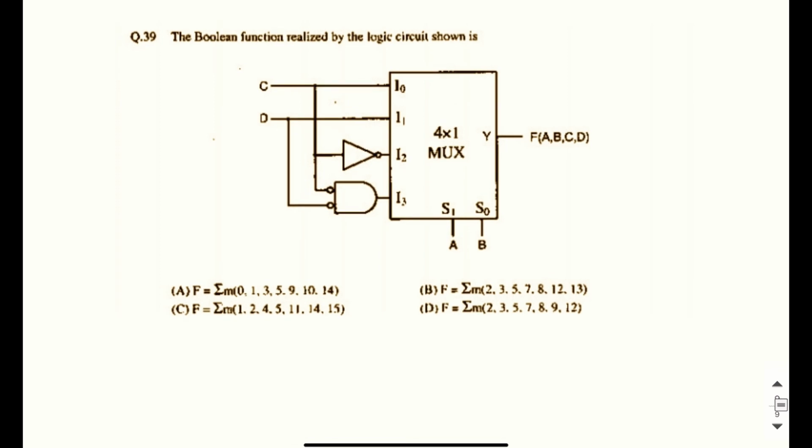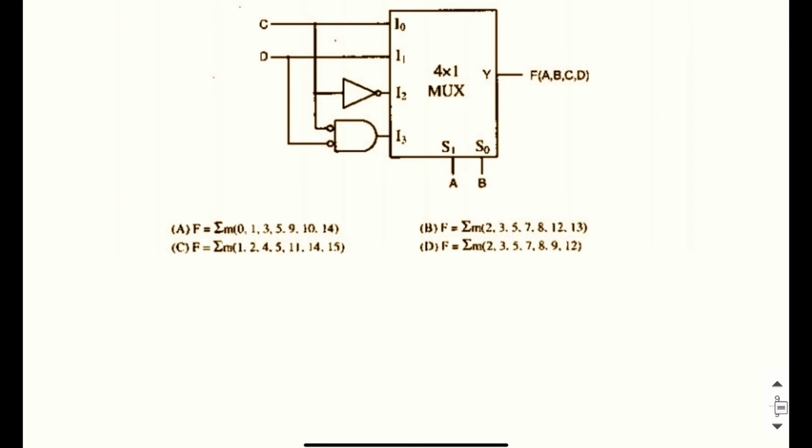The Boolean function realized by the multiplexer network given. Again, we have to interpret the output, that is F. So we can see that F is equal to, we'll write down A bar B bar with C plus A bar B with the D plus A B bar with, this is actually C bar, and this output is C bar D bar. So you have A B bar C bar plus A B C bar D bar.